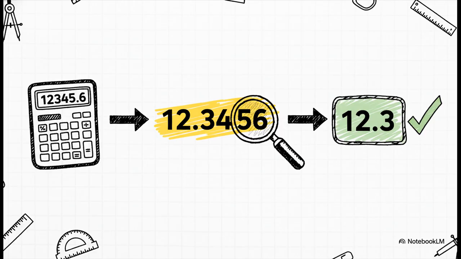But hold on, we're not quite done. We also need to think about precision. It's a general rule in engineering that we present answers with 3 significant figures. Since our number, 12.3456, doesn't start with a 1, we round it to 3 figures. So our final, clean, professional answer is 12.3 kilonewtons.